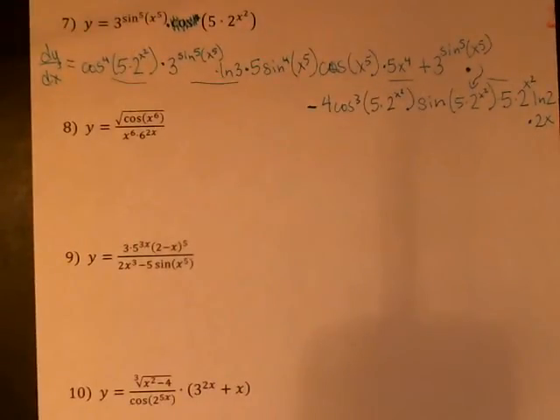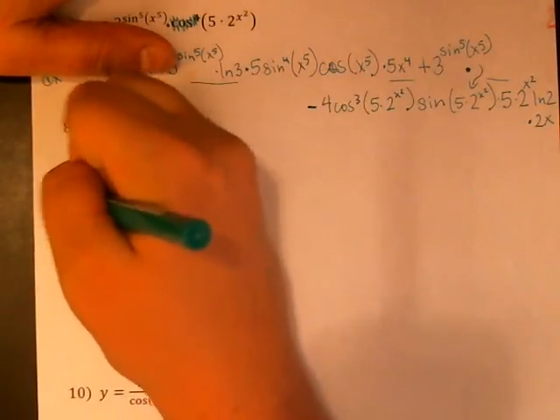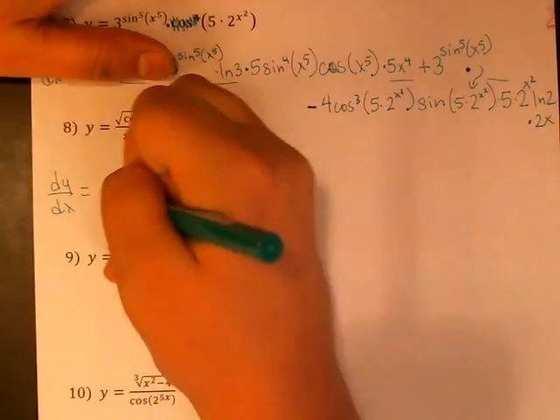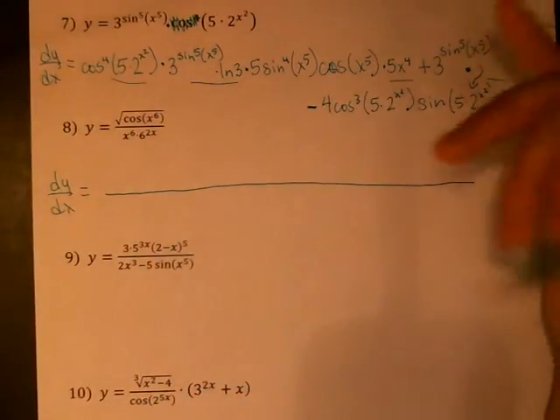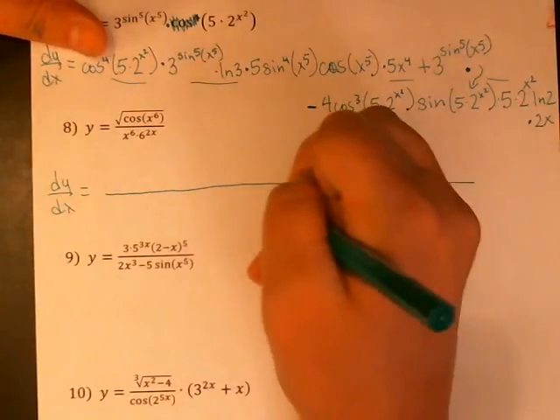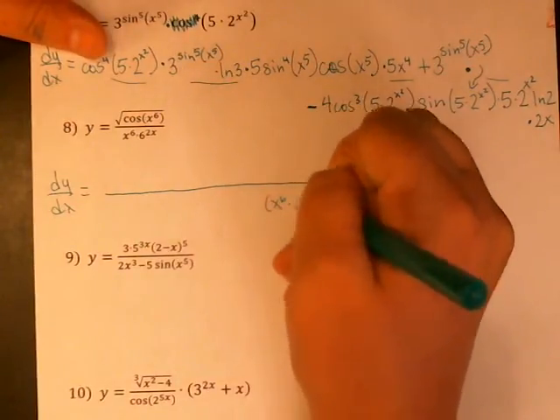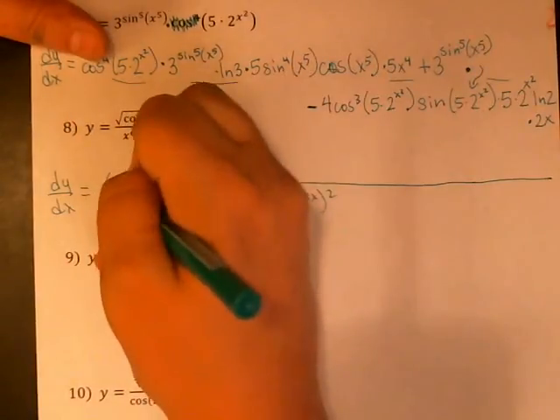Okay, number 8, the big operation is the quotient, so I'm going to make a big old quotient rule, and when I'm done with that, I'm done. I don't chain anything out at the end. There might be chains inside of this quotient, but there's none at the end. So I'm going to have the bottom squared, and then I'm going to have the bottom